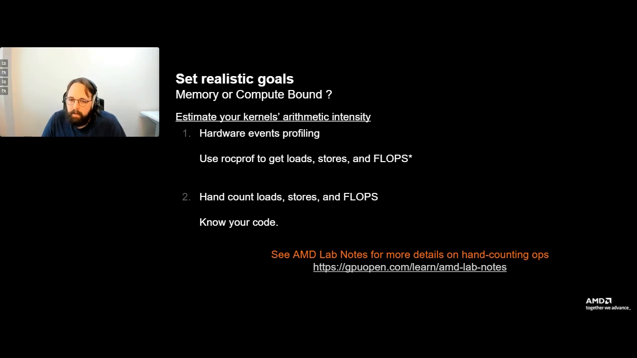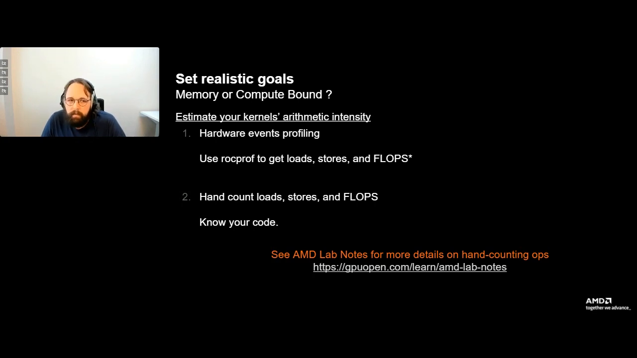Essentially, for counting the flops, you just add up the number of additions, subtractions, and multiplications you've got going on. And then for the loads and stores, everything on the right-hand side of an equal sign is a load. Everything on the left-hand side is a store. Just know what kind of data you're working with so you can convert that to units of bytes. If you want an example on how to do that, I highly recommend you check out the GPUopen.com AMD lab notes. There are a few articles from Justin Chang on doing this by hand with a Laplacian kernel. It's very, very helpful if you need to do that